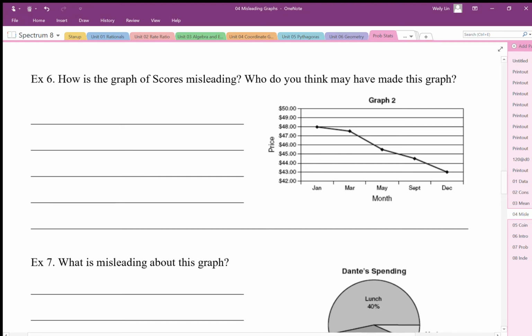So in this next graph, we're looking at the price versus time, and it looks like the prices of this object are decreasing. Okay, and it looks like they're decreasing significantly. But if we take again a closer look at the y-axis, we can see that the y-axis scaling is not from zero. Okay, so what's happening is we're having this amplification of differences again. Okay, so again, what's happening is the y-axis scale